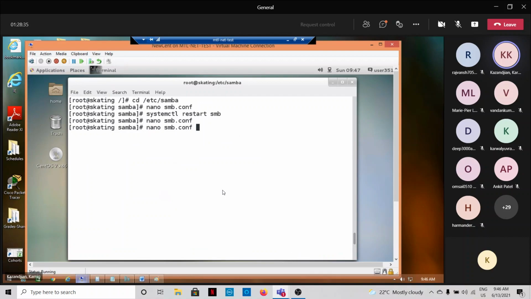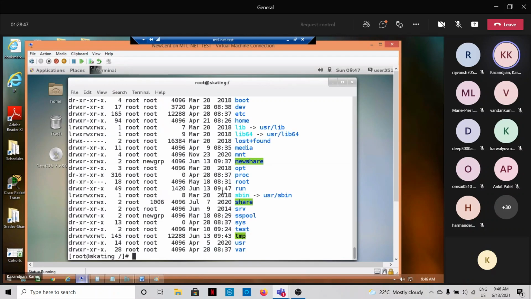And restart a service. But now I'll close the chmod gate. So as it is now, new share has its permissions. I'll remove the W here, the write. Only the owner. Okay, let me do it first and then we'll check again. So to remove this W, I'll change it to